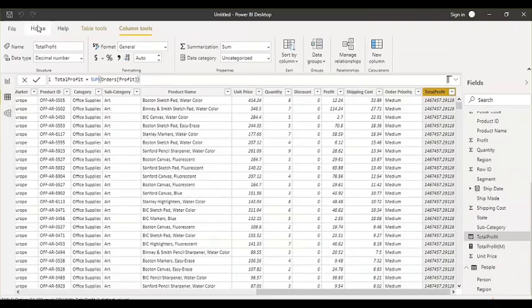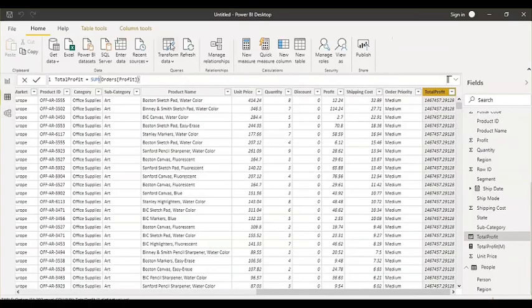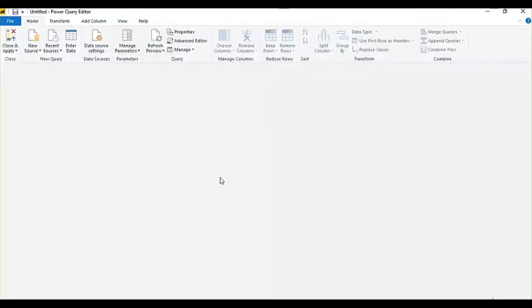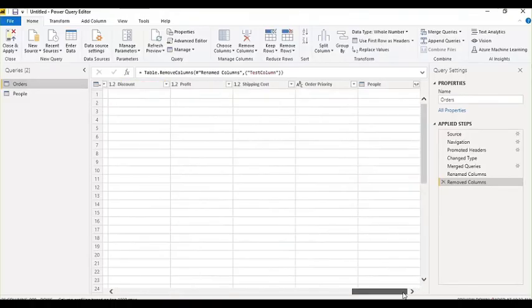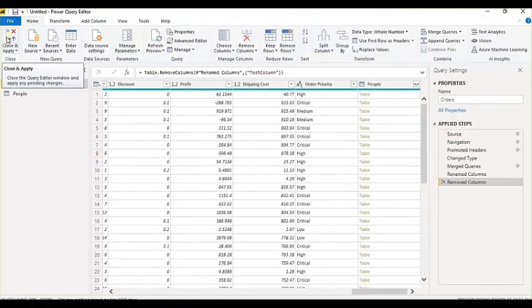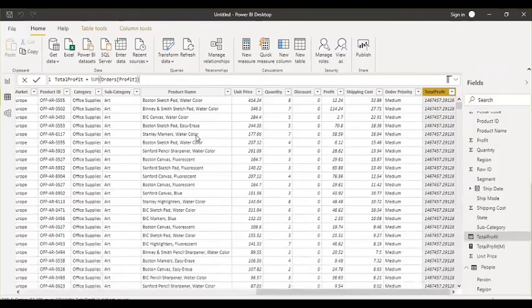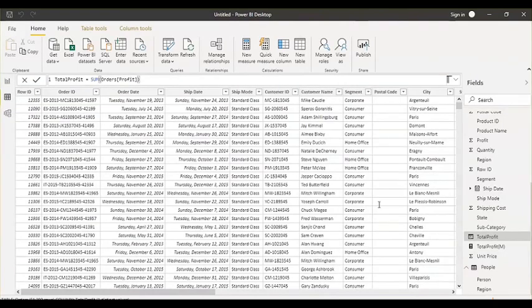So creating a column in this situation is not recommended. And when you load this data in query editor, this column will not appear there in the orders table. Why? Because whatever you create using DAX, you can't see in the query editor. This is a limitation with DAX. DAX is from the table only, meaning you can use all the columns you have in your data model with the DAX functions.